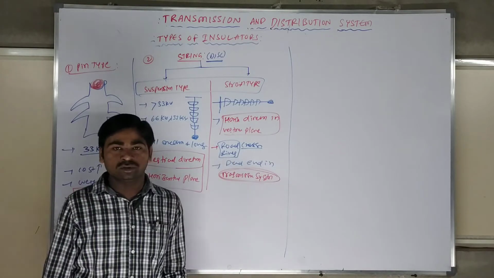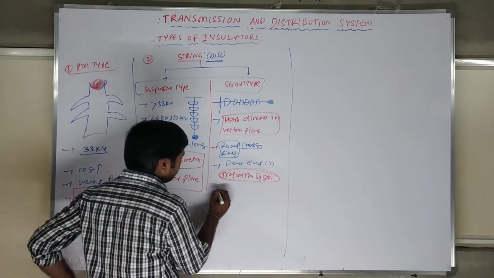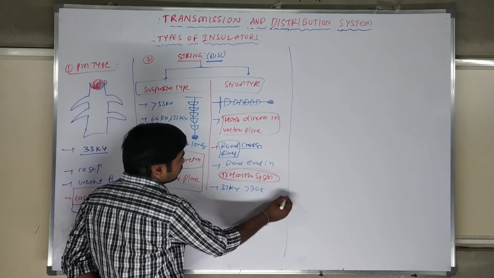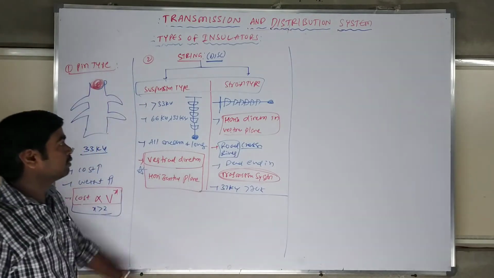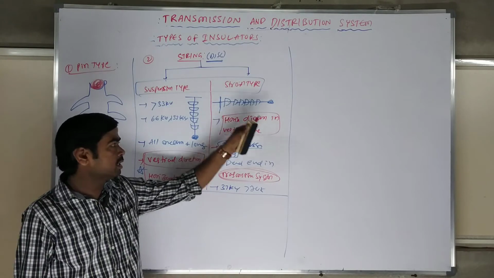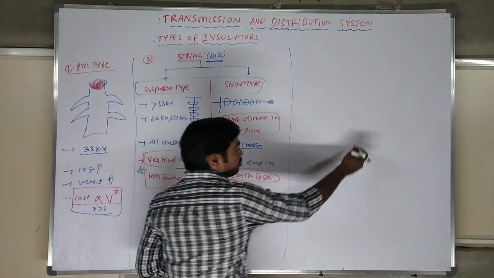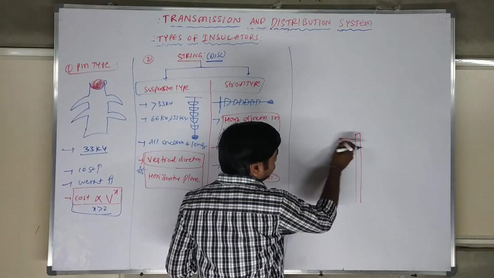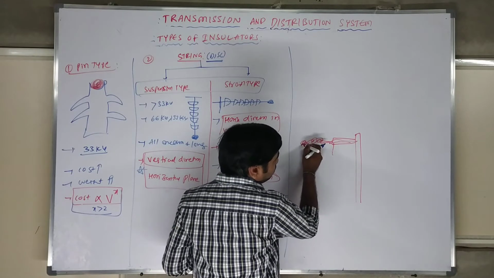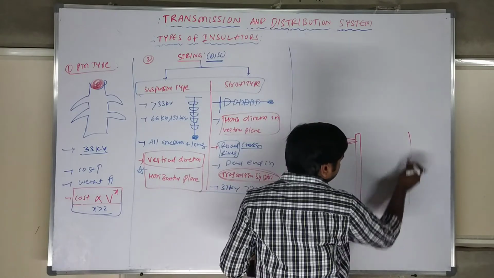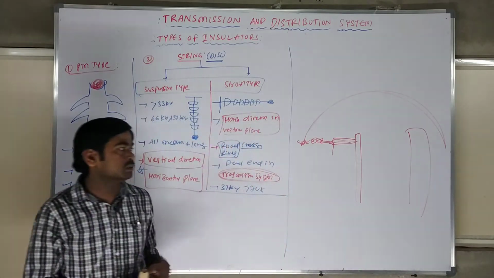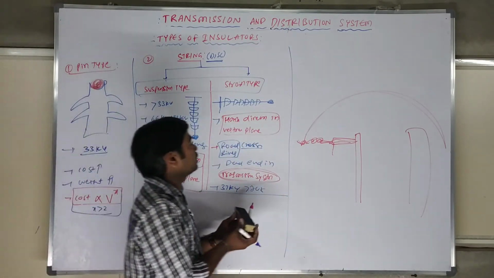Basically in the transmission system, we can use them from 33 kV or 132 kV all the way up to 765 kV. At road crossings and dead ends we use strain insulators, because at the corners high stress will come. Take an example of a road crossing: this is a strain wire conductor, a stay wire, connected to another road crossing, and connected by the jumper. We can use strain type insulators here.